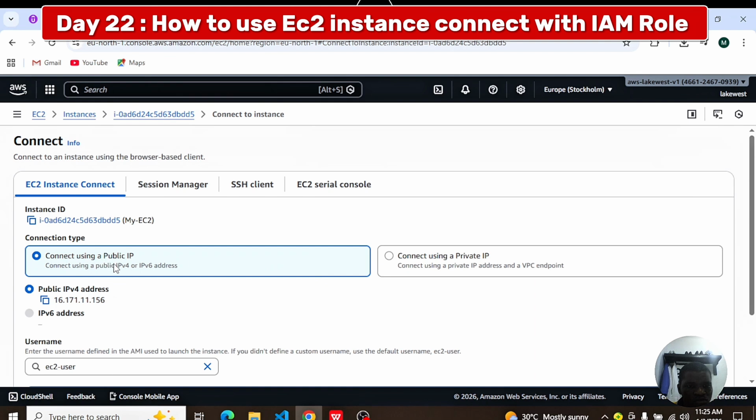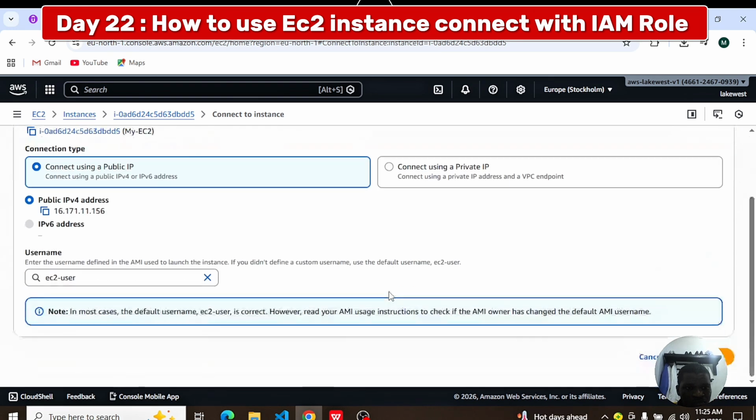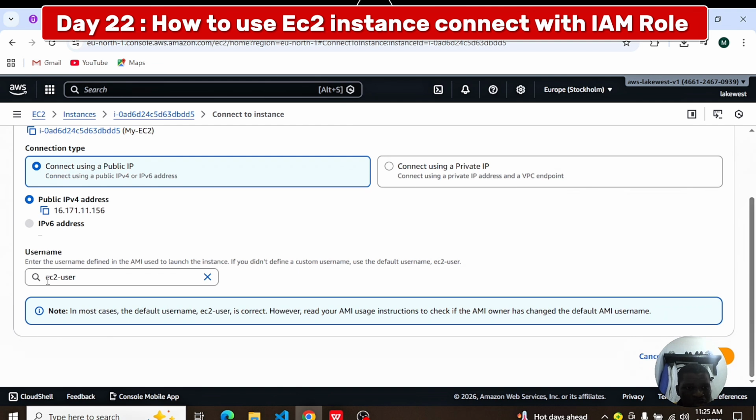You see Connect using a public IP or Connect using a private IP. You use this one because you don't have VPC, virtual private cloud. You only use the private IP option when you have a VPC. You understand? When you have a VPC endpoint, that's when you can use this one. So here we don't have a VPC, so we can just connect using this. Then we'll scroll down. You can see our username is ec2-user. Then once we click on connect,